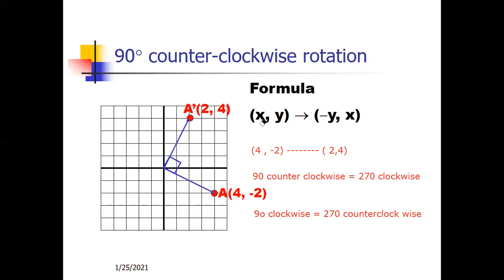Rotation 90 clockwise, which is negative 90, or positive 270. Change XY will be Y negative X. This rotation is in case you will work with negative 90, 90 counterclockwise, or